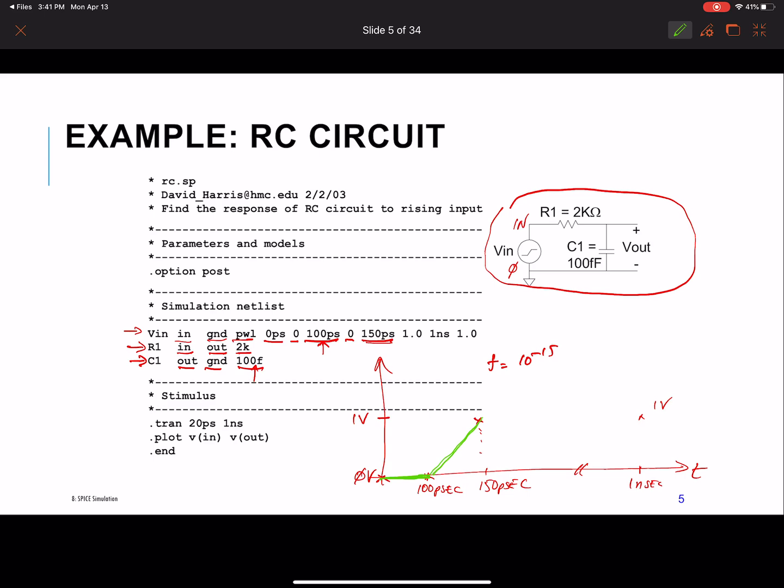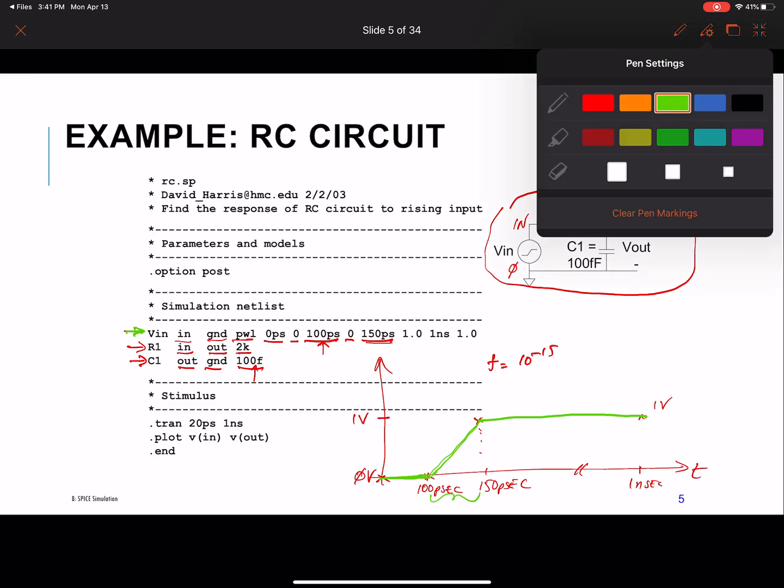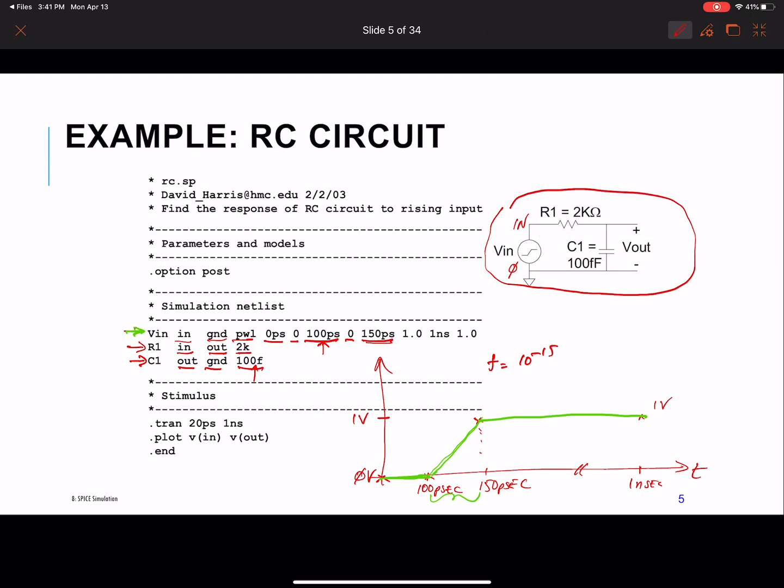So it looks like a rising edge signal, and the rise time is 50 picoseconds. So that's what this voltage statement looks like. Let's go back to red, okay. And so this is how you've set up your simulation, and then to actually run the simulation, you need